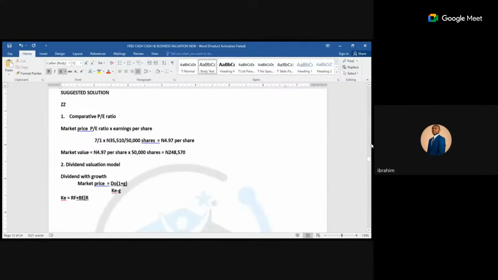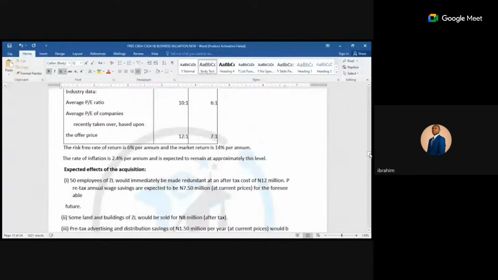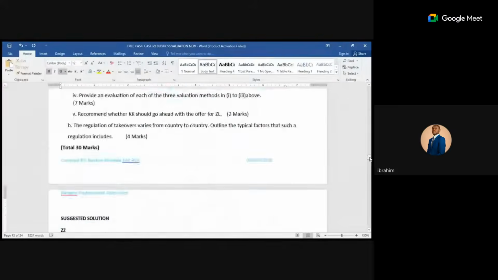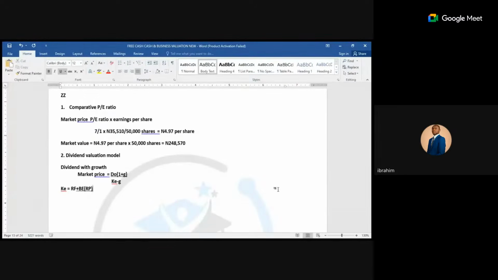Is there a risk premium? They give us a risk premium. I'll just open the bracket like that. Right, so this is cost of equity